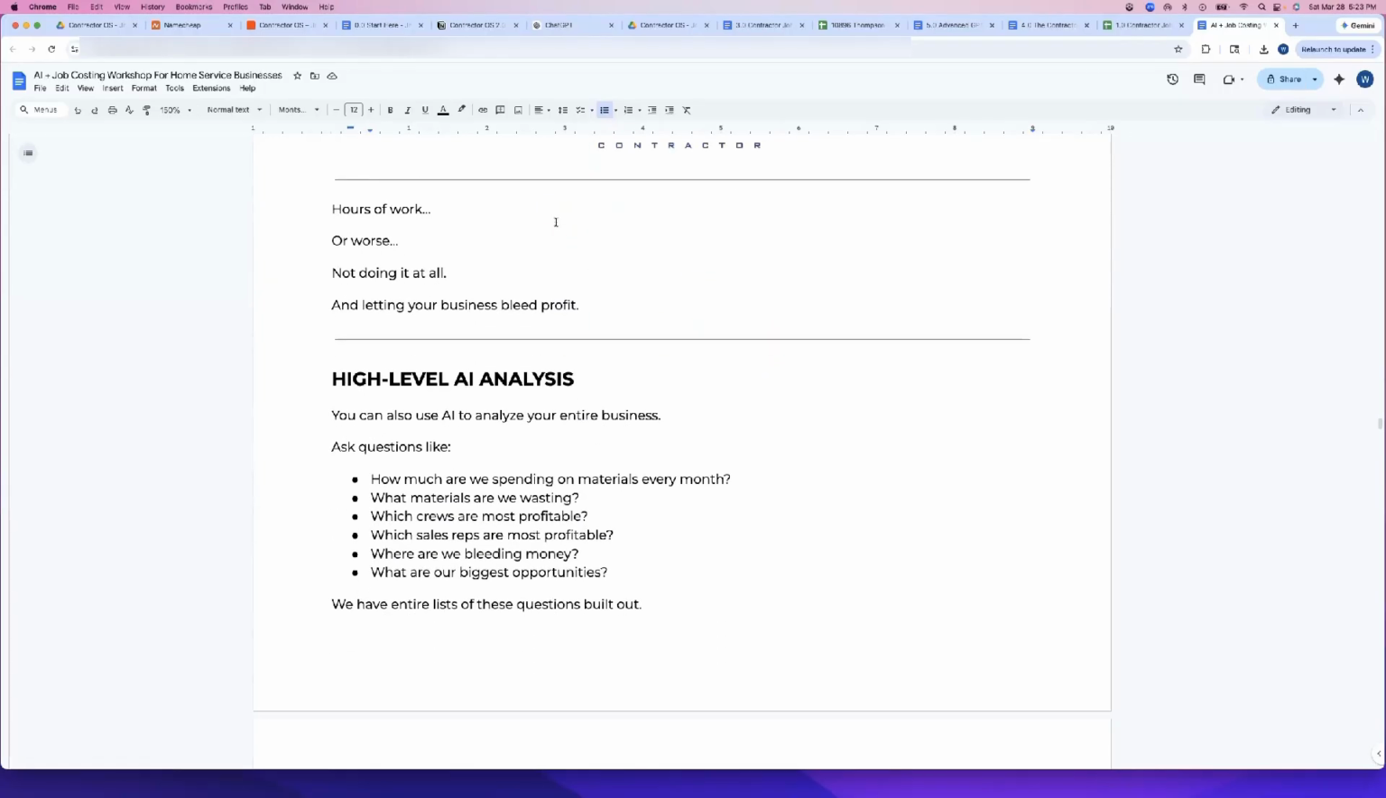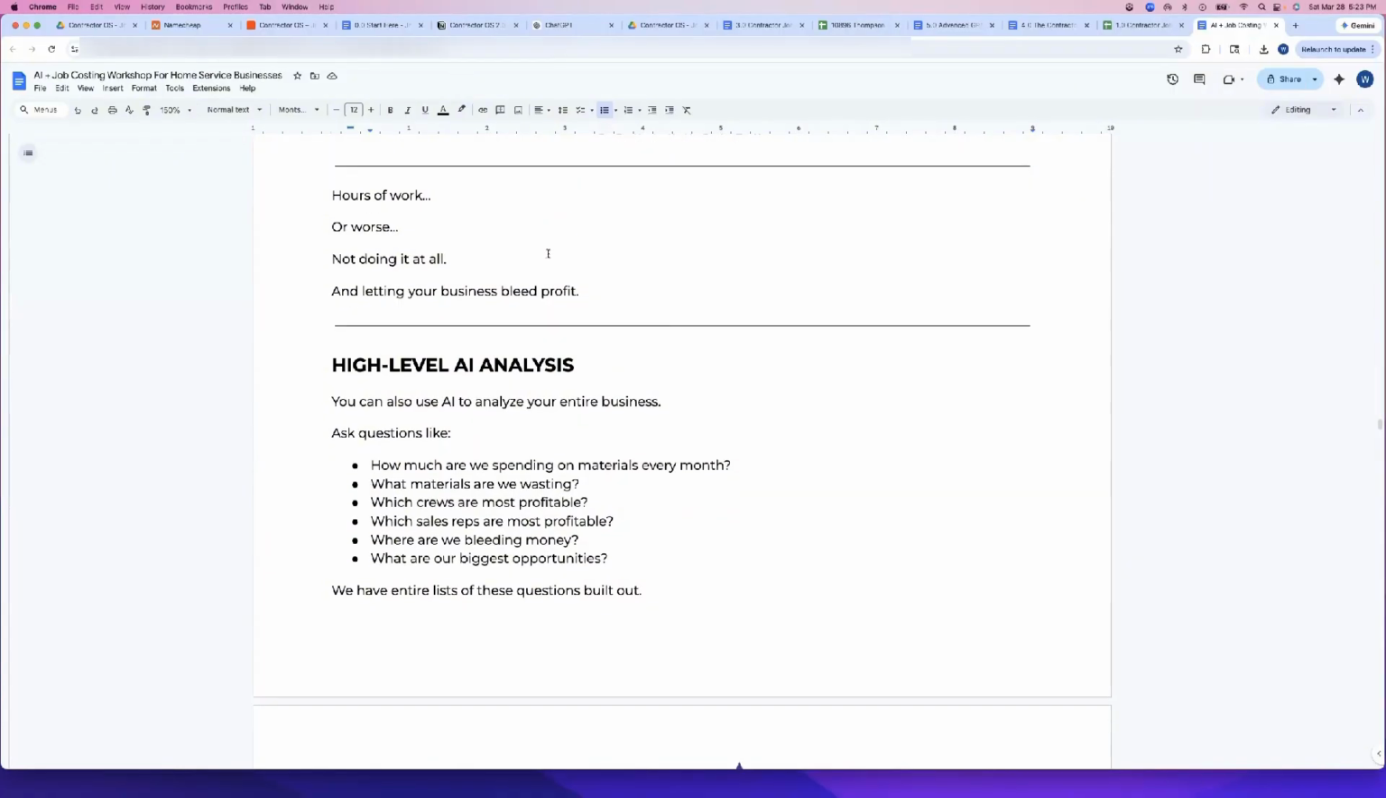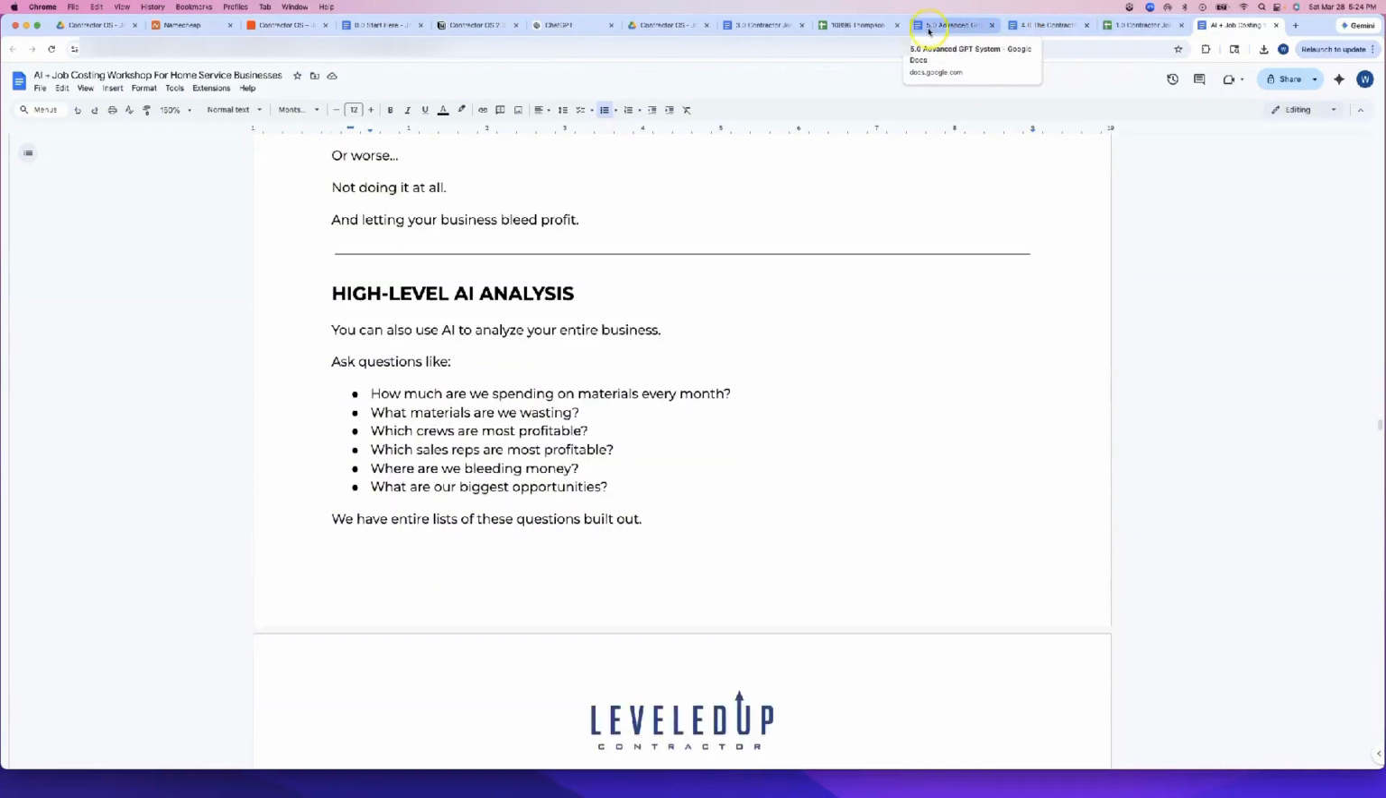But for us, that's just one of the prompts that we use, because we can let AI analyze the entire business, right? And we can ask questions like, how much are we spending on materials every month? What are we wasting on materials? Which of our crews are most profitable, right? So within that same document,